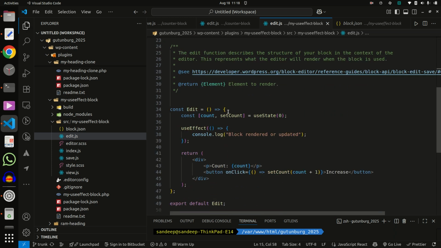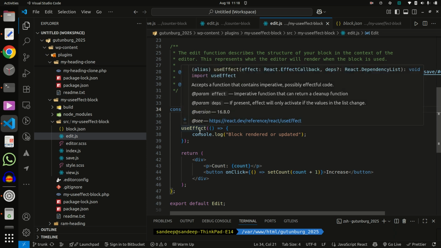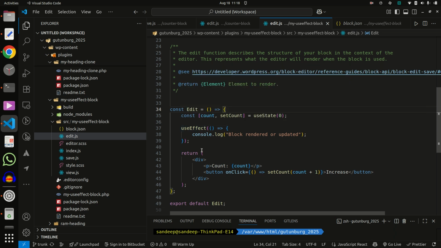Here I just use the useState hook with count, setCount etc., and the useEffect hook. Inside that I do not pass anything.